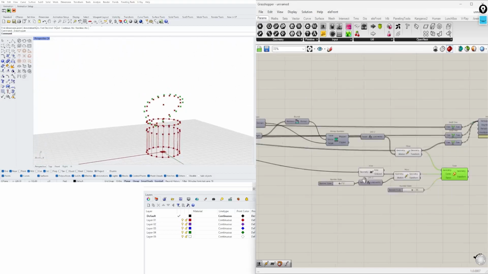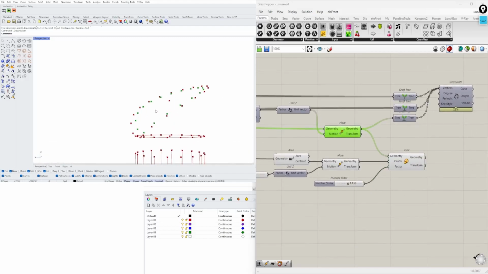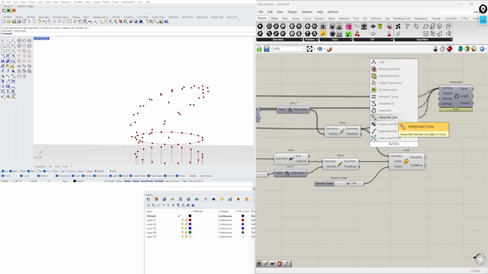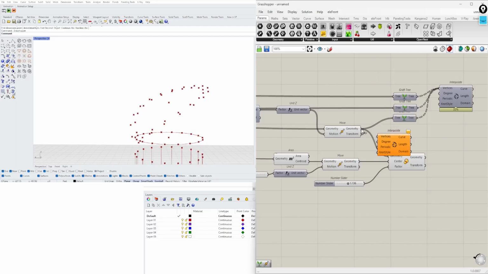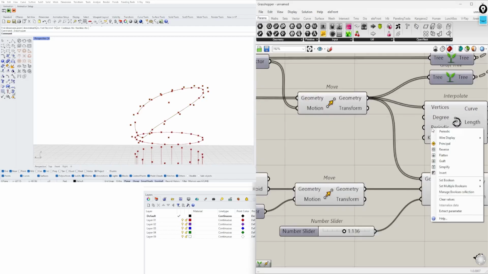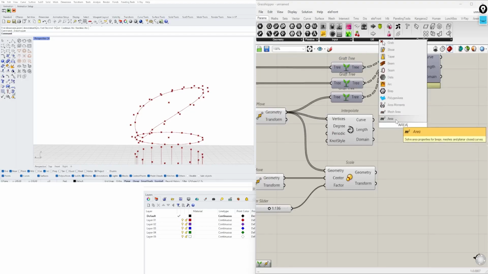And also we can use these here to create an interpolated circle. Then if you go here to periodic, set boolean true, it closes it. And if you bring an area component,